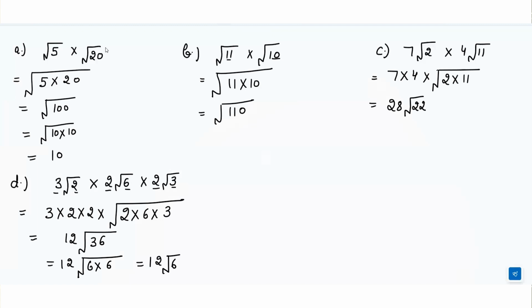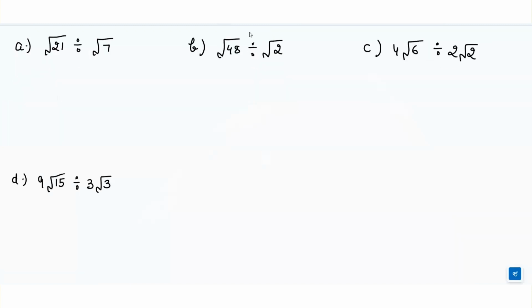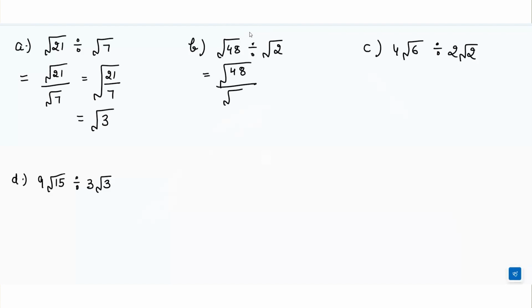Now let's understand how to divide the surds. Root 21 divided by root 7 can be written as root 21 by root 7. And if I have to write it together, I can write it as root only once, 21 over 7, which is equal to root 3. Similarly, for part B, it's root 48 divided by root 2. It can be written as root 48 by root 2, and together as root of 48 over 2,